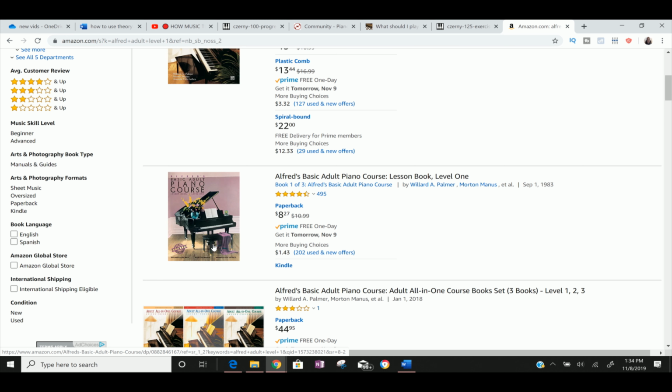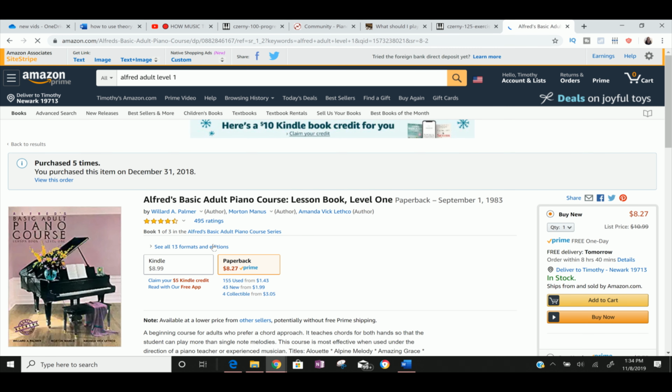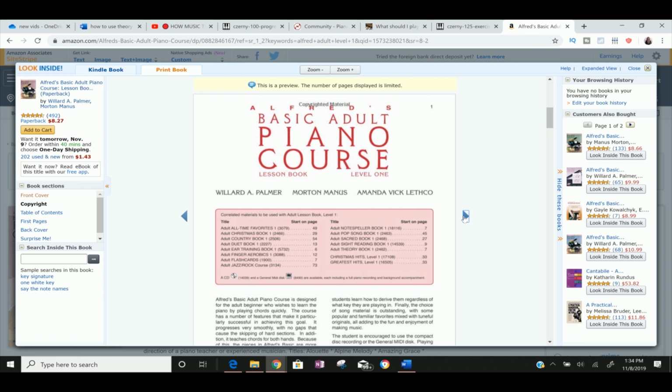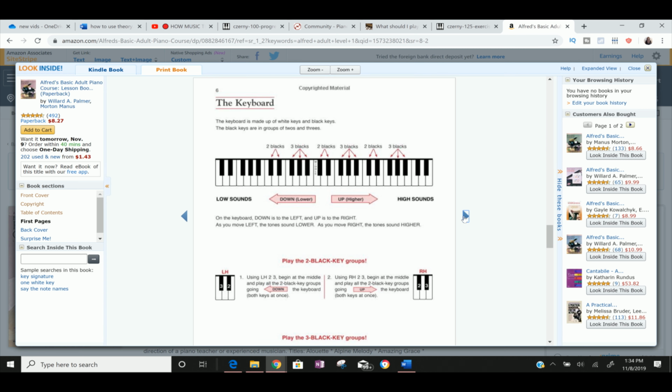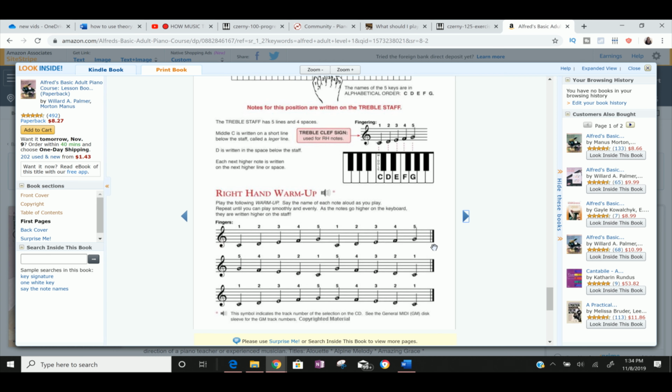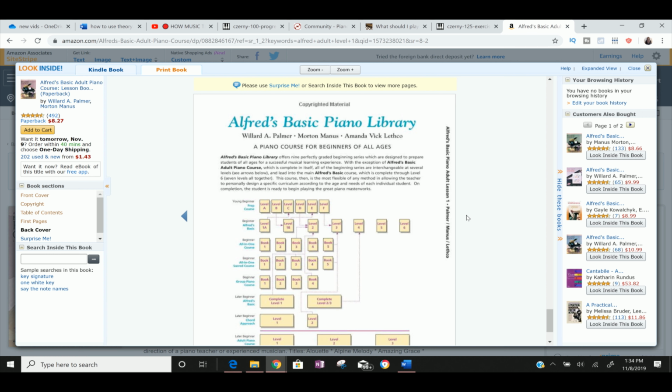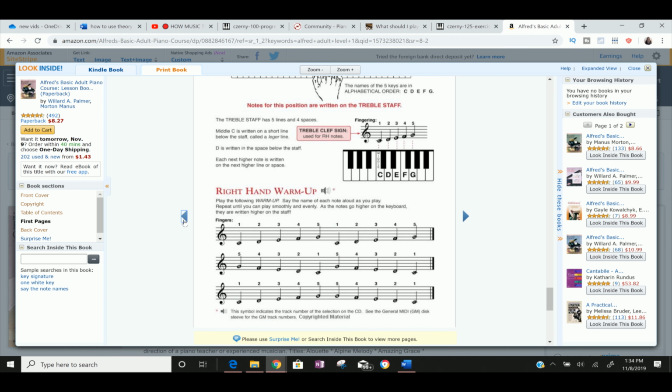This is a great way to make sure that you're learning pieces in an order that makes sense. It walks you through the very beginning, and you're probably past all this stuff already, like warm-up exercises and things like that. I don't know if it shows you the end. No, it just shows the back cover. But take my word for it. Actually, I'm reviewing this book on Sunday, so check out the lesson on Sunday. I'm going to go into more detail about this. But by the end of the book, you'll be playing some pretty good pieces.